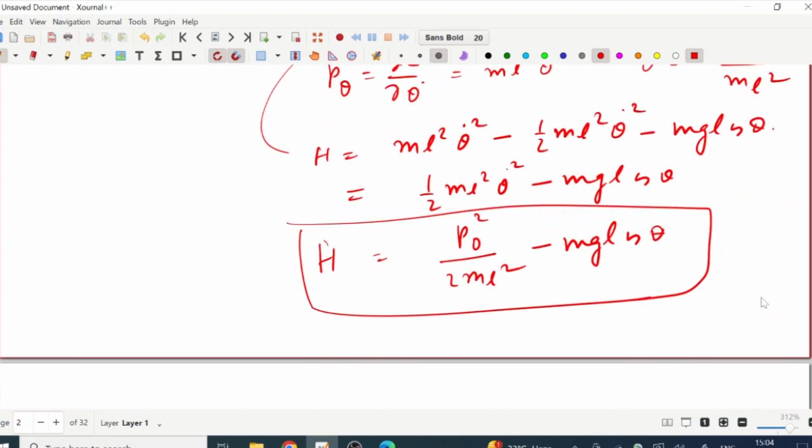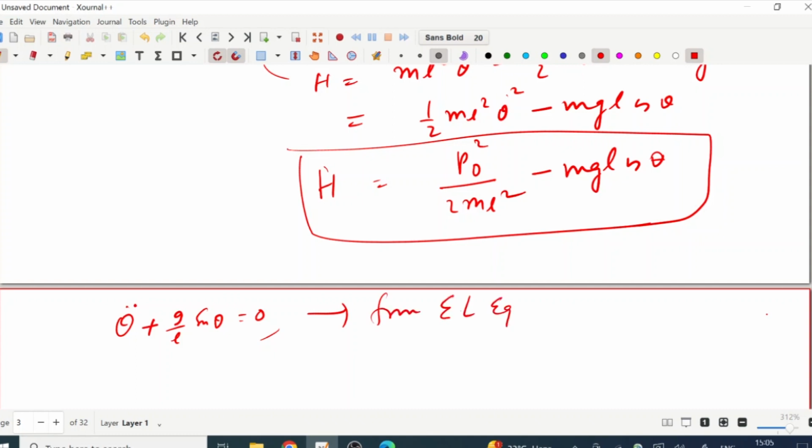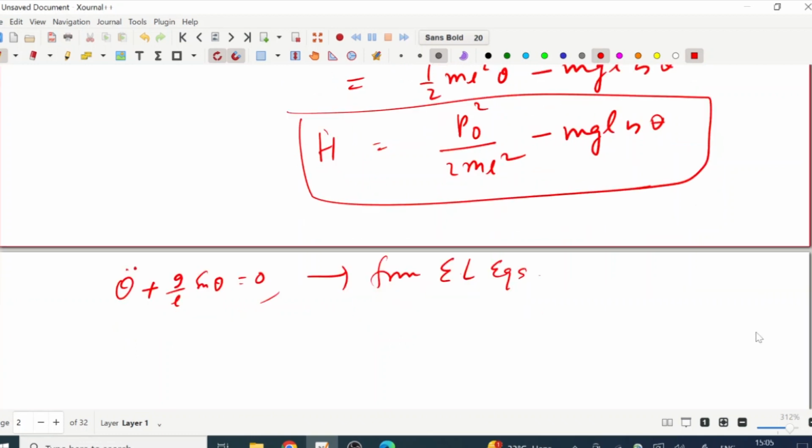And if you find the equation of motion, this Hamiltonian will give you the equation of motion from the Lagrangian formulation: theta double dot plus g by L sin theta equal to 0. And the canonical equations you can find. So, this is the equation from the Euler-Lagrange equation from the Lagrangian, and from the canonical equations, if we consider